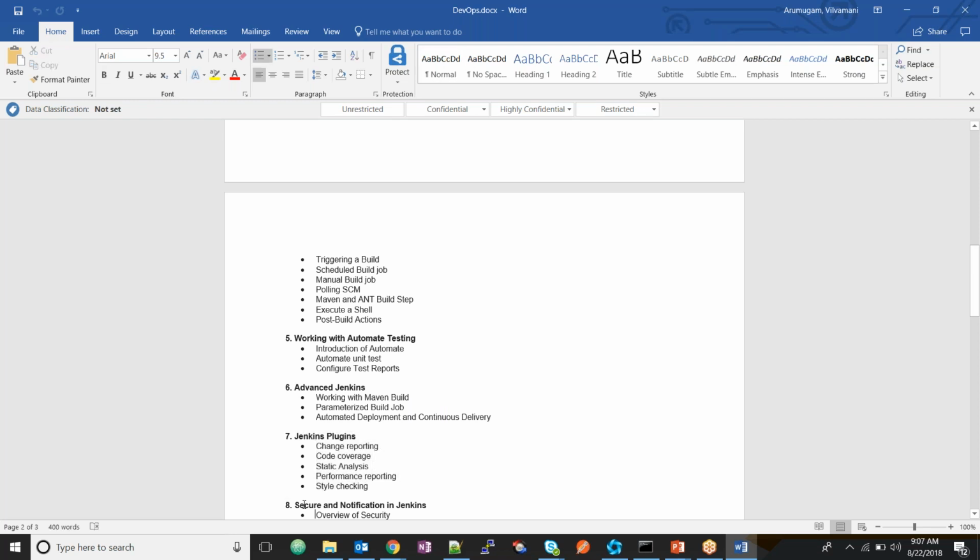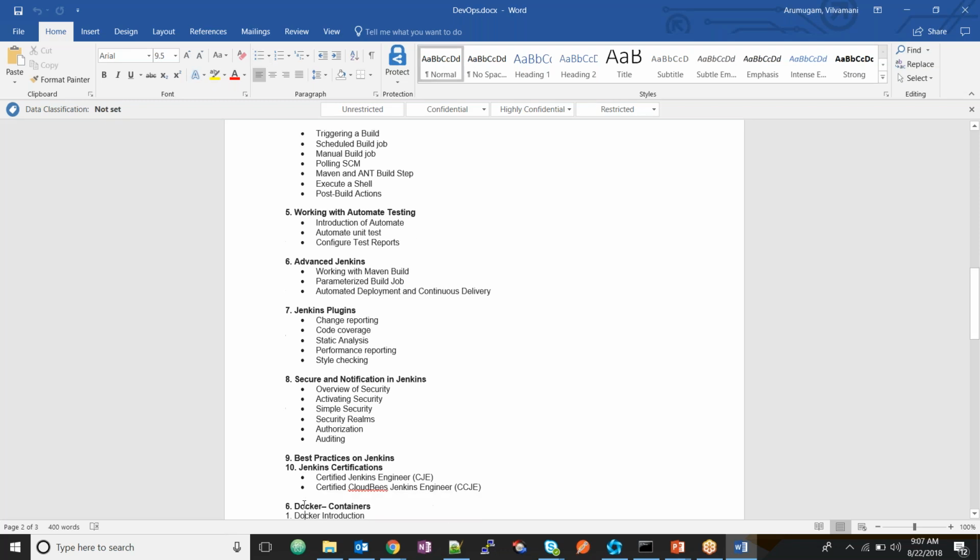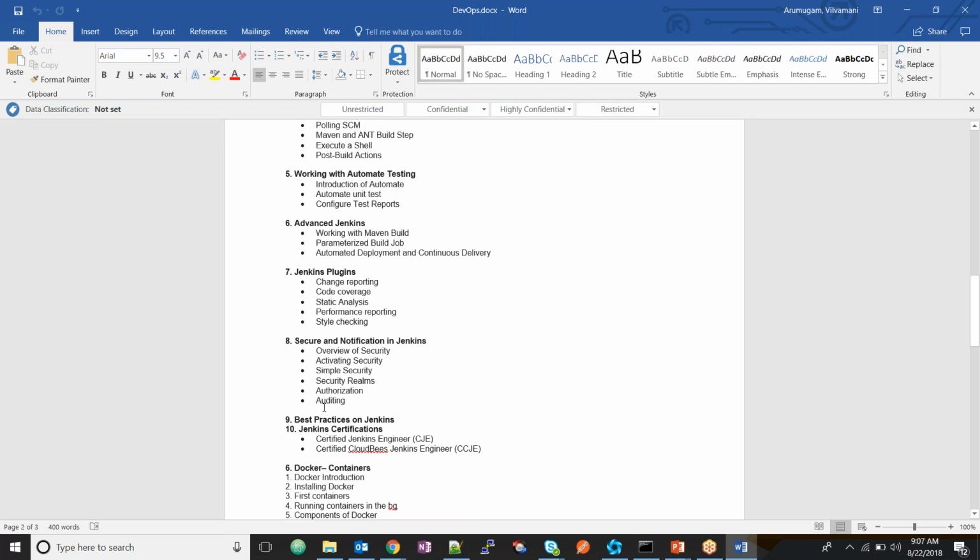And we'll see security-related topics in Jenkins, like user creation and providing access to users. And we'll see server-client configurations also. If you take Amazon, they are running 23,000 builds per day. We can't do that on a single system. So we need an architecture like master and slave configurations. The master will create a job and schedule that this job has to run on this particular slave and that job has to run on that particular slave.